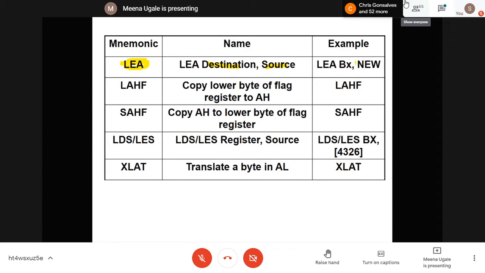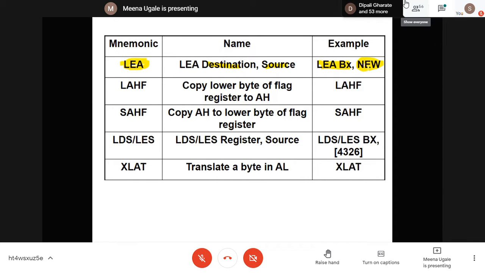What will it do? See the example: I'm writing LEA BX, new. This new is a variable or label that I am declaring in my data segment, and LEA will take the offset value of new.